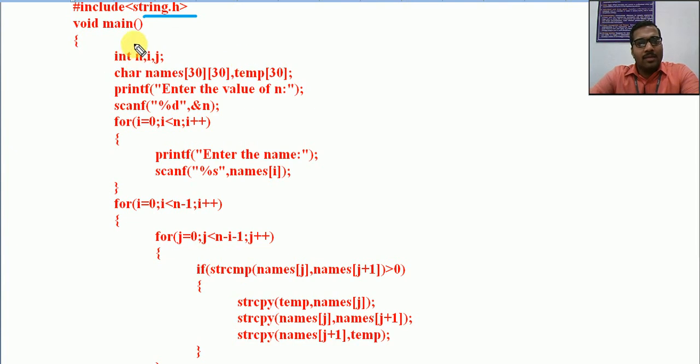Now I am declaring size, which is the total number of persons as in the previous example. i is the iterative variable. We are using two for loops here. I'll tell you that because in the single dimensional array also we are using two for loops. The first one is for iterating through the individual elements, and the second one is for interchange. So here also the same logic.